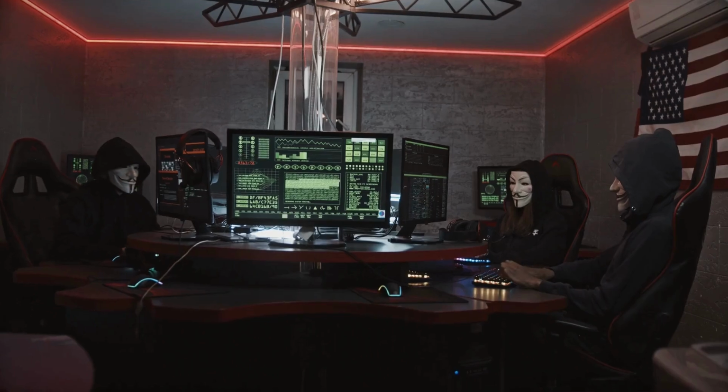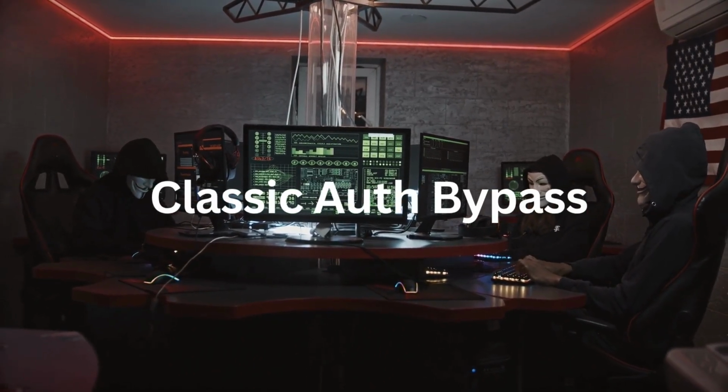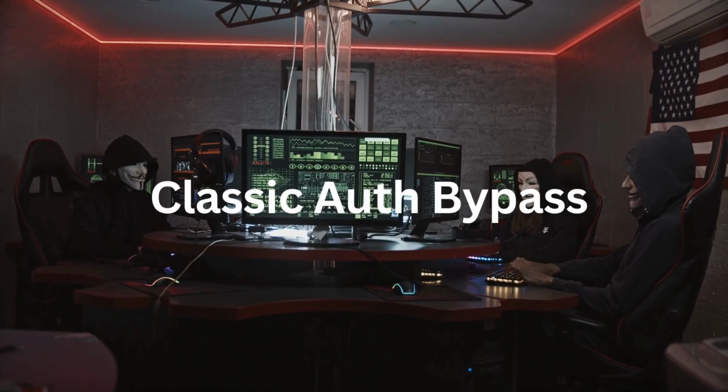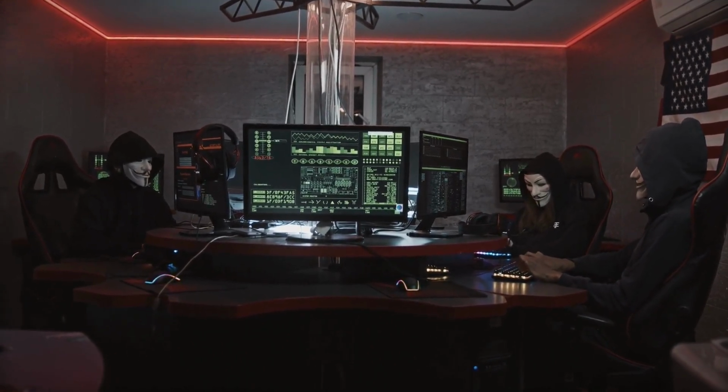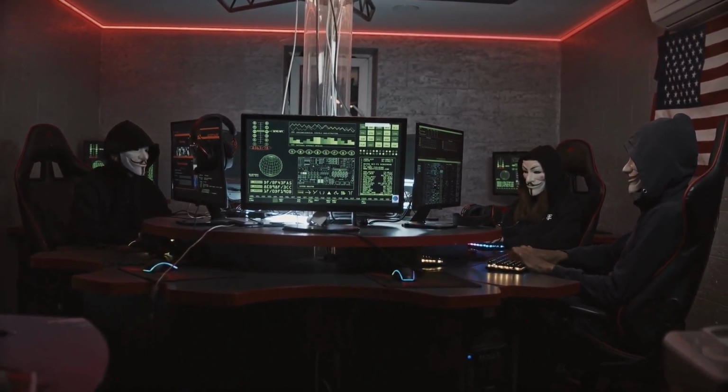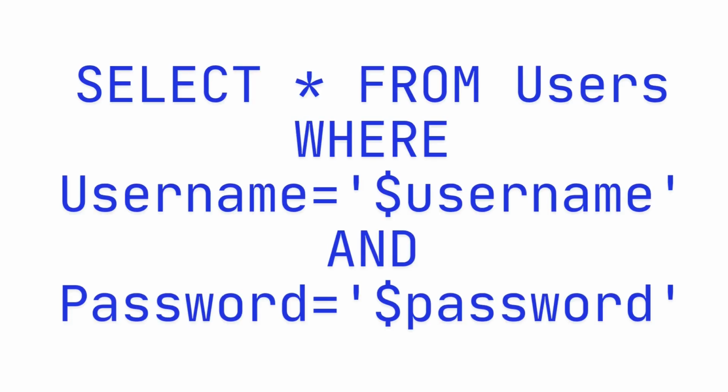That is the classic auth bypass. Let's check a vulnerable query concept. On your screen you can see a query. The query is select star from users where username is equal to, you type the username, and password is equal to your password.